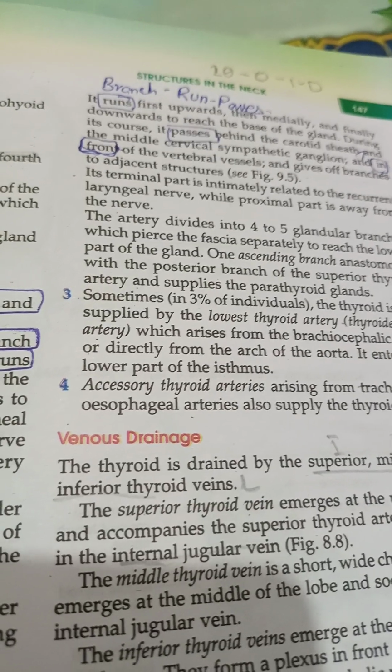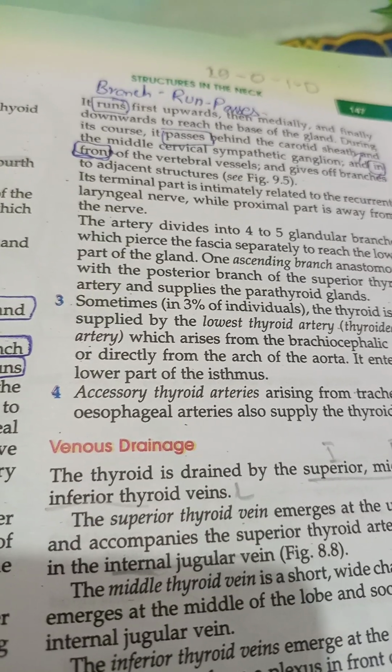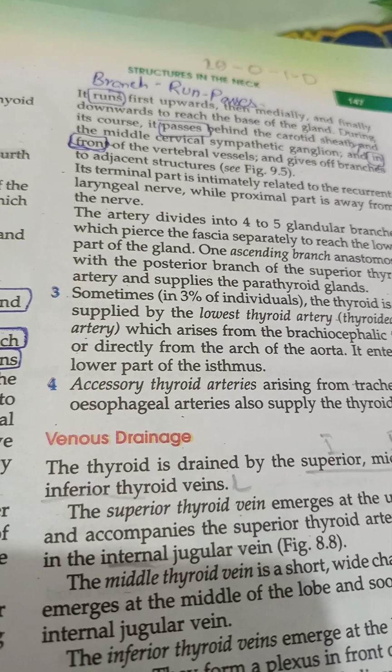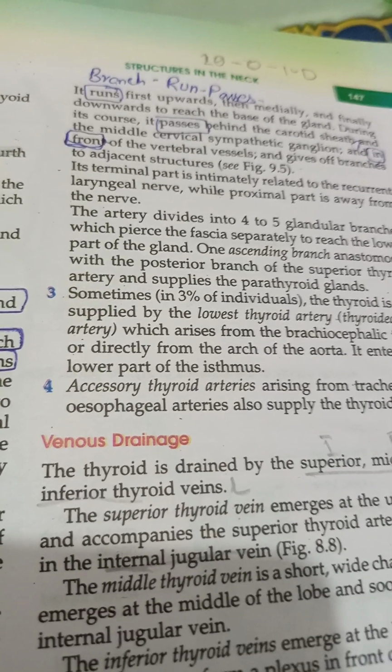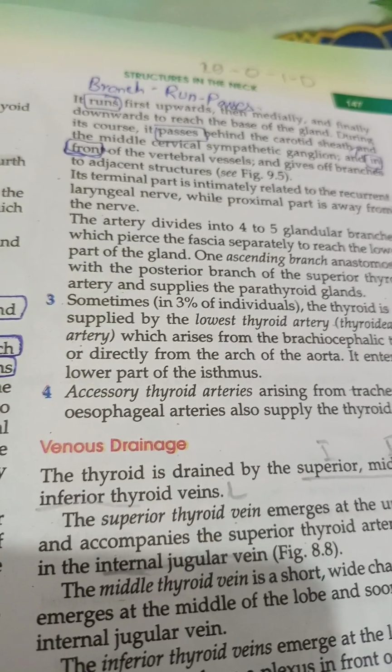It passes behind the carotid sheath and middle cervical sympathetic ganglion, in front of the vertebral vessel, and gives off branches to the adjacent structures. So we are going to study